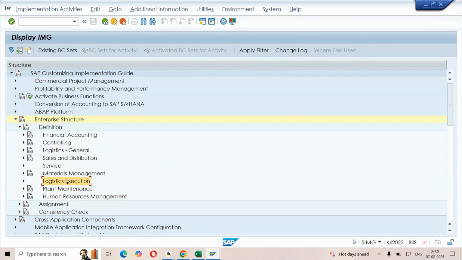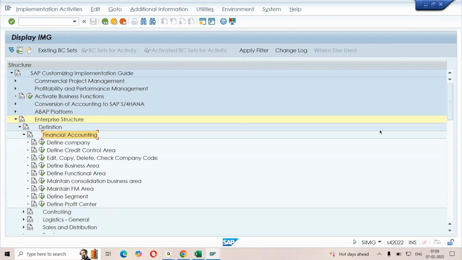Okay, so starting with financial accounting, when you expand it, your FI consultant needs to configure all these particular things in the real time. Okay, they need to sit with the business, they need to collect the data, and they try to create it. Right now, we require 3 organizational units over here. We need to know how to go for creation of a company, credit control area, and the company code. We work with only these 3 steps over here. Starting with the first one, define company.